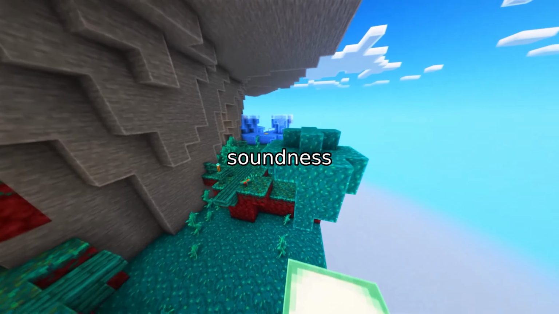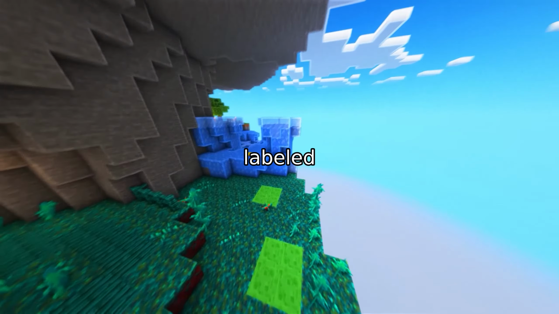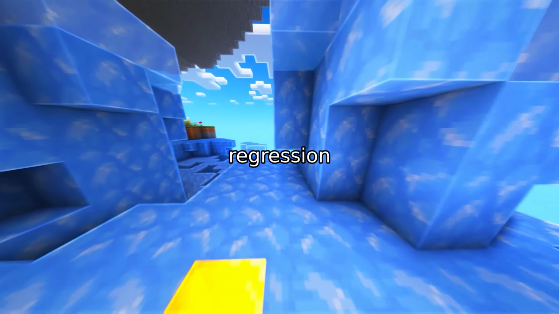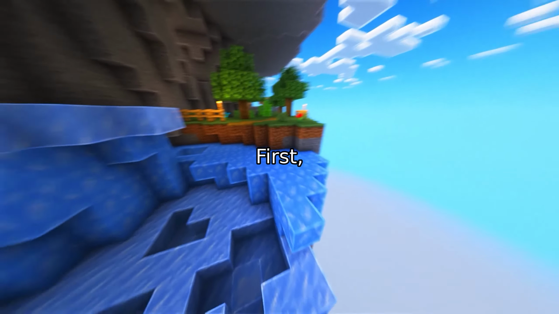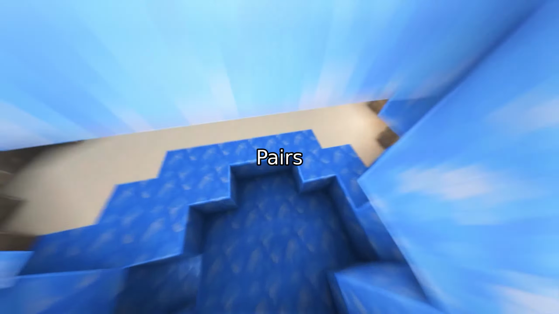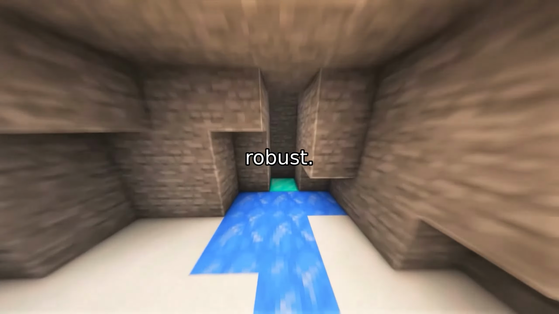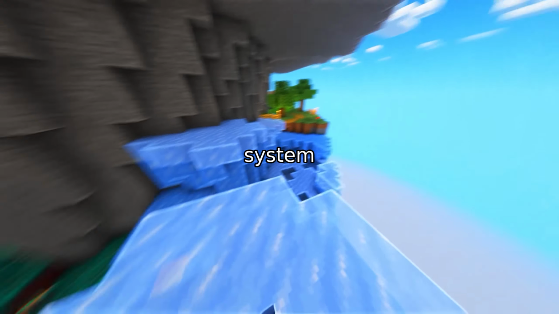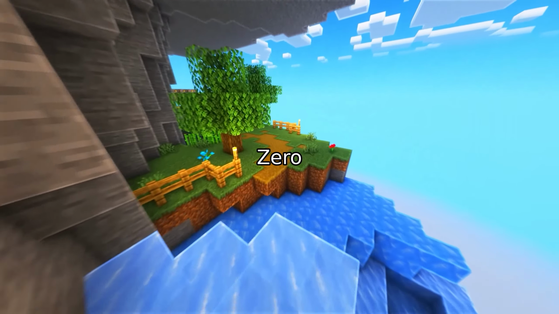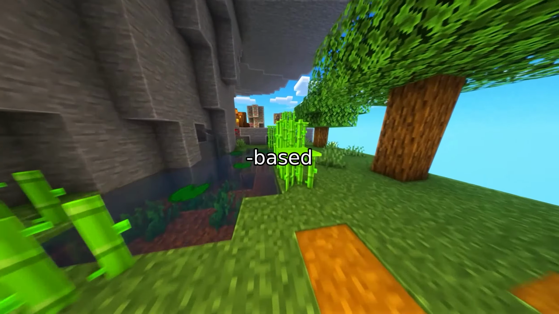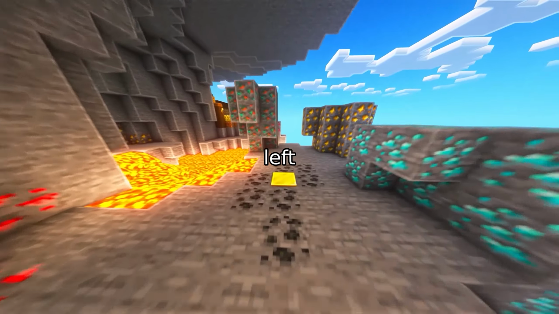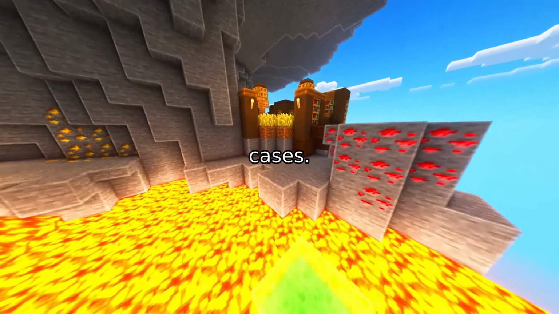The authors evaluate soundness on ECBenchC, a suite of program pairs labeled for equivalence. They run the regression check in a portfolio mode. First, a contract-free baseline runs. Pairs it cannot decide are escalated to the contract-based arm. The results are robust. On the decided pairs, the system never fabricates an equivalence. 0 false positives. The contract-based arm recovers decisions on pairs the baseline left as timeouts, extending reach into harder cases.